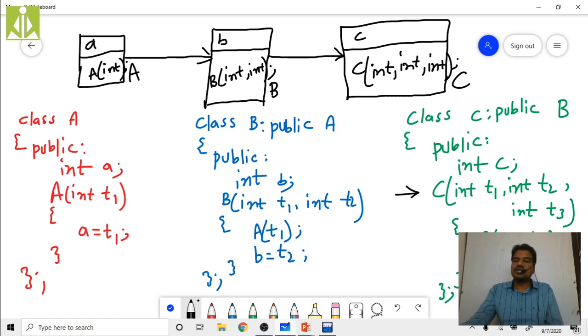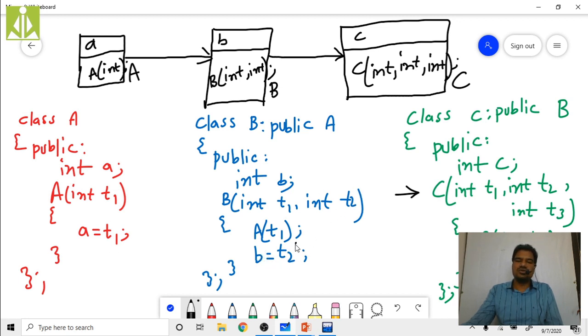So T1, T2 get copied over here. Inside this, again, there is one more base class constructor call, that is A with T1. So this T1 gets copied over here. First A will be initialized to T1. Then the control returns, and B will be initialized to T2.